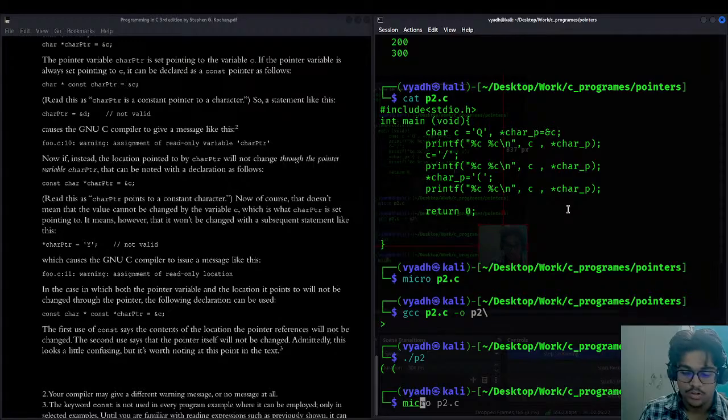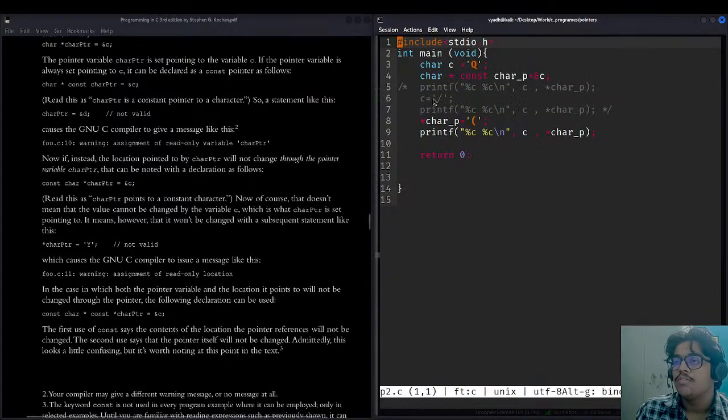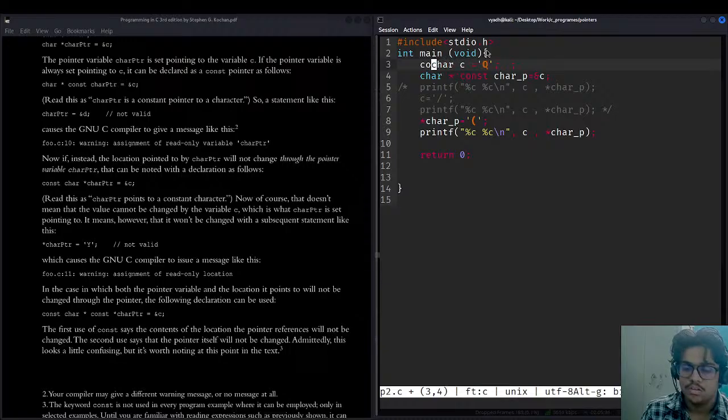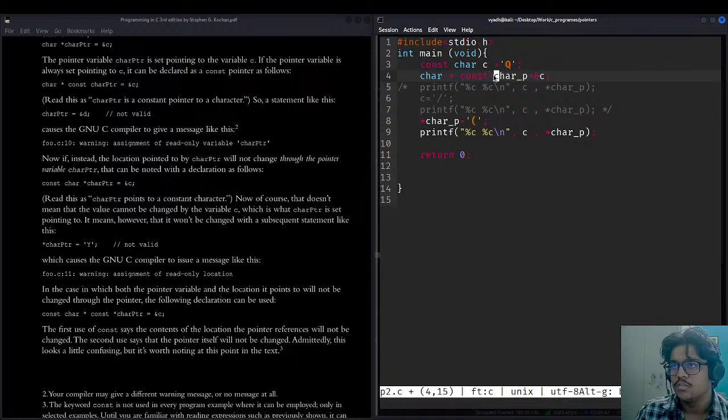I want to do one thing. I have understood this thing now. I want to implement another thing, p2.c. What if I do this as const, and this is the same?